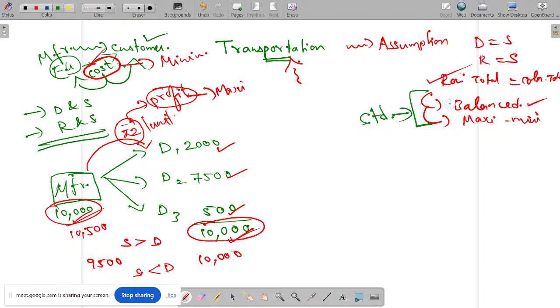Check whether minimization is the objective. If minimization is the objective, no issues, you can carry on. If not, then you have to make it balanced and minimized. Okay. Please remember here,